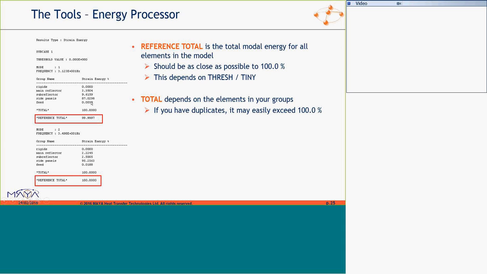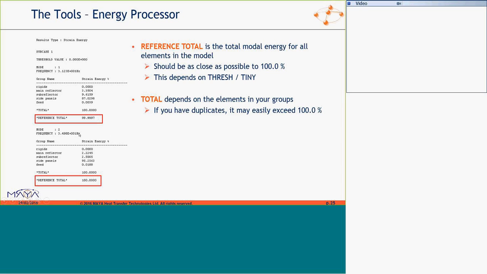If you don't have all the elements, then your total may not be 100. Total is the total energy for all the elements in the model, regardless of the groups you've defined, and should be 100%. It won't be if your thresholds haven't been defined.